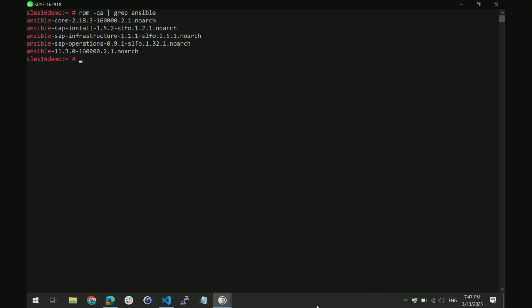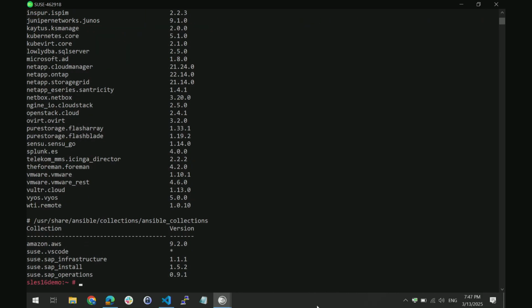So all of these are, of course, listed in Ansible Galaxy, so they are present there. And as I mentioned, playbooks are installed, but since they are still work in progress, you do not see them here as a package, of course.